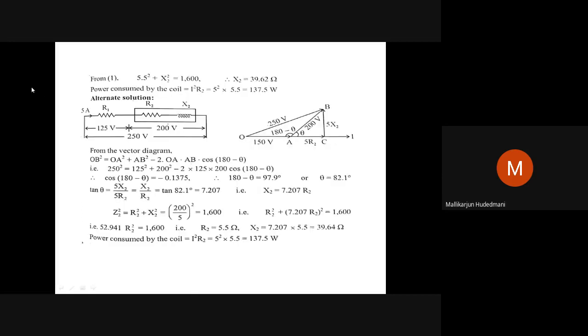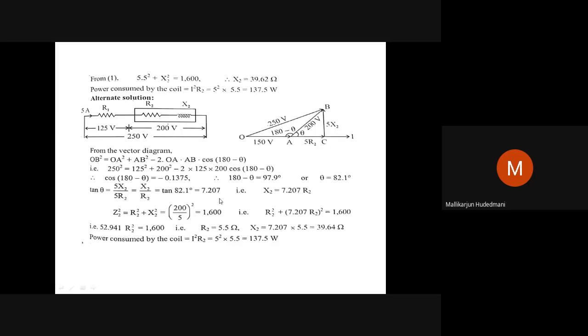There is an alternative method also. The same problem, if viewed alternatively, you can see total 250, hypotenuse longer, hypotenuse shorter. This inner triangle is of the coil Rx. This is R, this is X. This is the hypotenuse of the inner choke coil. Then this total hypotenuse is 250. It is given here, applied voltage. Then this 150 is external. This is R2. This is another method of solving by trigonometry.